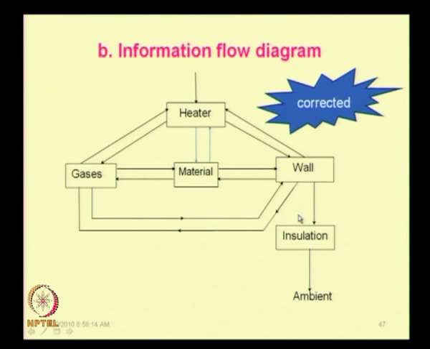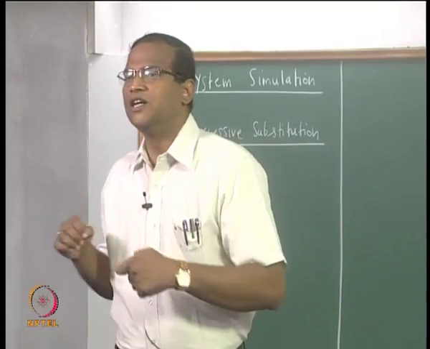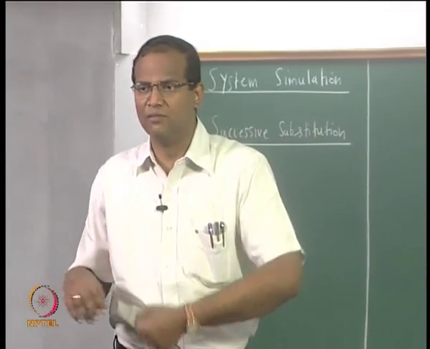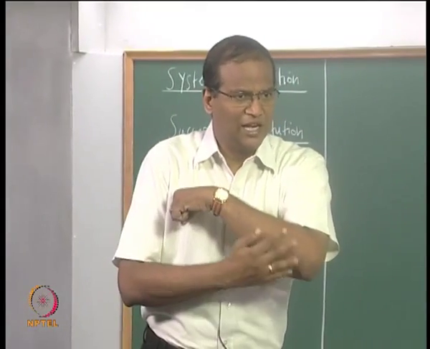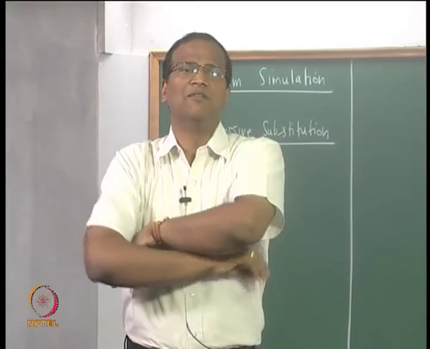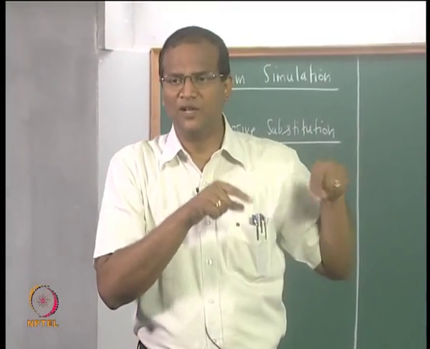So whenever you design an insulation system, there are other issues. For example, when you are carrying hot water or steam in a pipe, there are some regulations. When you design the insulation system, the outside temperature should not exceed 60 or 65 degrees. That is an industrial standard, because if somebody goes and touches, then he will get scalded or burnt. So you fix the outside temperature at 65, then you turn around and calculate what will be the insulation thickness,